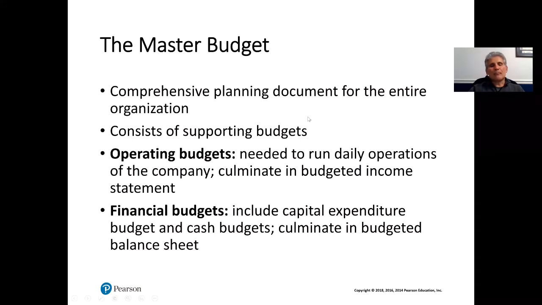Okay, so when we start with the budget, we first start with what is referred to as the master budget. The master budget is considered to be a comprehensive planning document for the entire organization. It contains really all of the budgets of the entire company, the supporting budgets. Some of those supporting budgets include the operating budgets, which are needed to run the daily operations of the company. And then we have the financial budgets, which include capital expenditures and cash budgets that culminate in the budgeted